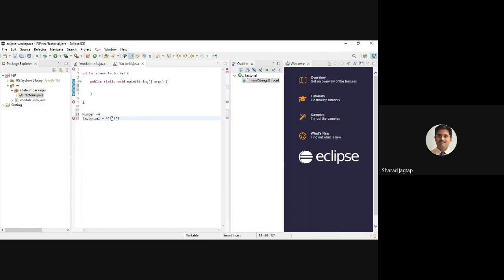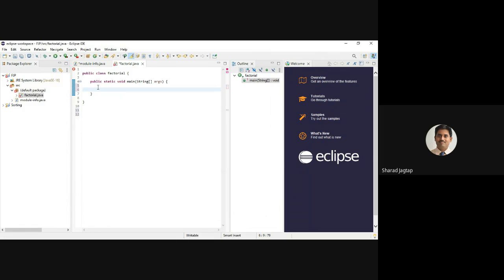So this calculation becomes 24, I think, right? 4 into 3 is 12, 12 into 2 is 24, into 1 is 24. So if I enter the number 4 to find the factorial, it will calculate it as 24. So let us see the program.